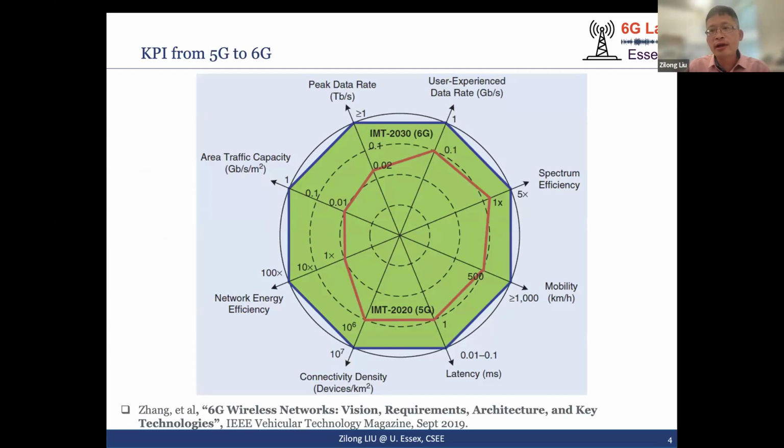So 6G is coming, and from 5G to 6G, we are further pushing the limits of a number of KPIs. In this figure, we can see that we will need to further push the spectrum efficiency in terms of mobility, latency, and connection density. In particular, in terms of the connection density, the number of devices per kilometer square, this target has been raised from 10 to the power 6 to 10 to the power 7. So basically, this means that within 1 meter square,